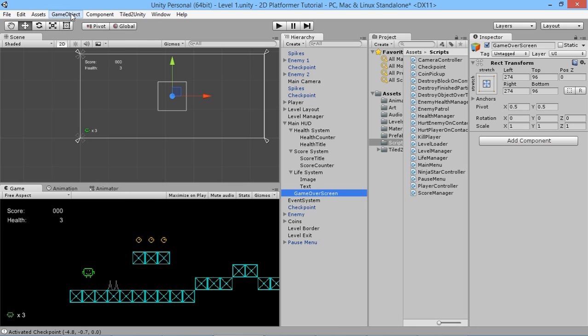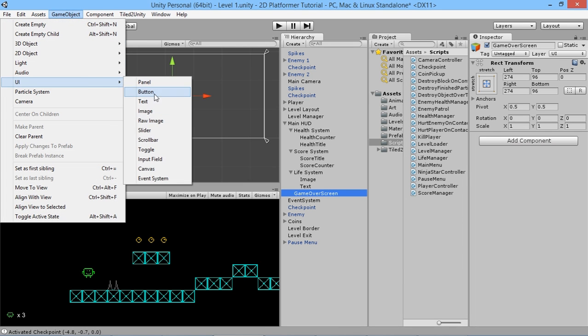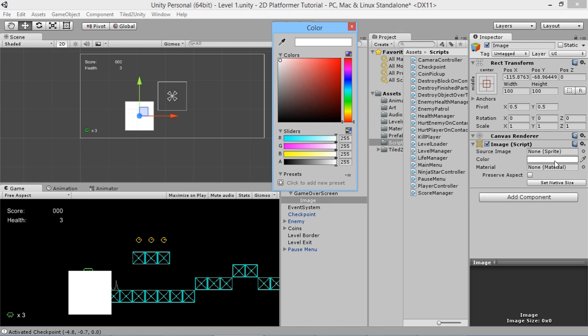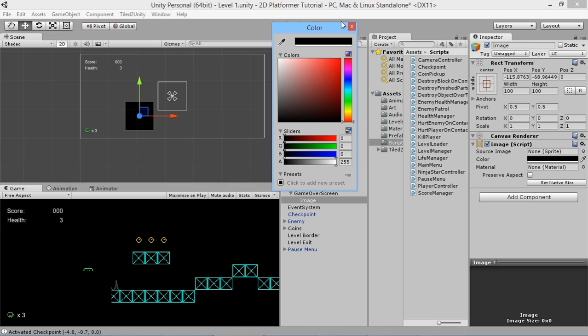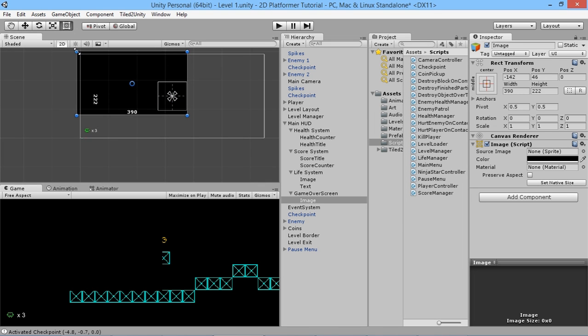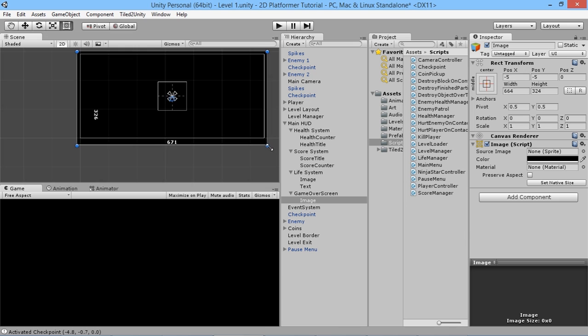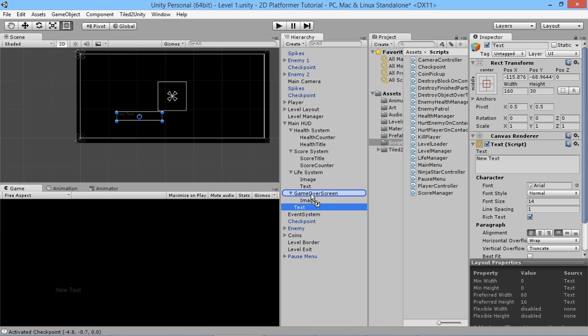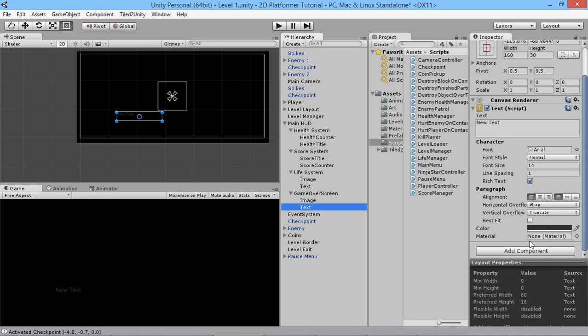And now what we're going to do is go to game object, UI, and we're going to add an image here, and we'll drag that into that folder. And for this image, we're just going to make it completely black. So we'll drag that down to the bottom. Move it into the center here. Well, it doesn't matter where it is actually. We'll switch to the size changing tool, and we'll drag the size out all the way to the big size, and then we're going to add another text object here, and we'll drag that onto game over,